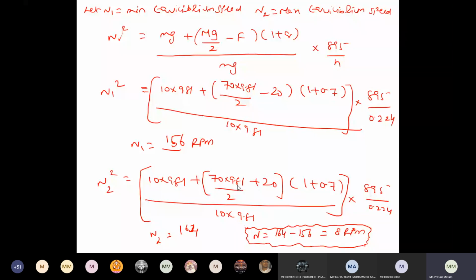You can see here, 164 I am getting as the maximum speed, and 156 I am getting as the minimum speed. Not for different radii of rotation. For one radius of rotation only, I am getting the range of the equilibrium speed. Is this clear, dear students? Yes, sir. Okay. So for only one radius of rotation, we are getting the equilibrium speed by varying only the friction value. Got it? That's why I'm solving different types of problems so that it is easy for you to understand. Now let us go to one more problem.